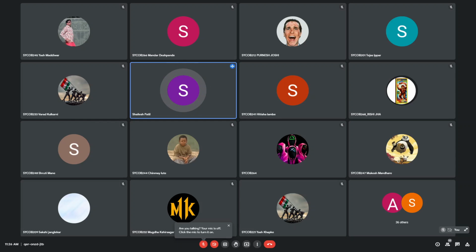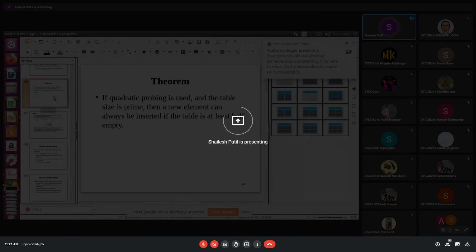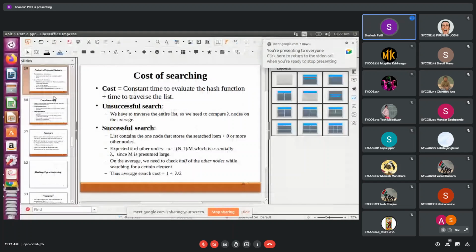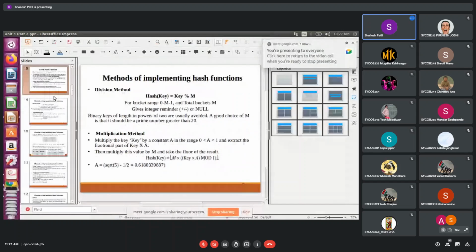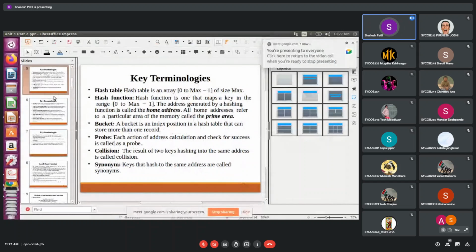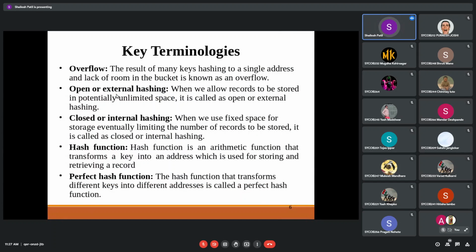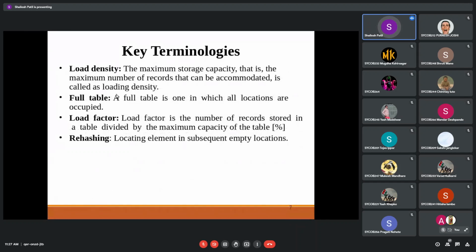Okay. So I'll just share my screen. Already you have gone through these 2 techniques, that is linear probing and chaining of this particular hash function. So we'll just wind up those 2 things. I'll just cover the points that we discussed in the last lecture. We were here on the key terms. Is the screen visible to you? Yes, sir. Okay, so the basic key terminology we have just gone through. I will share this PPT with you once we have covered this topic.